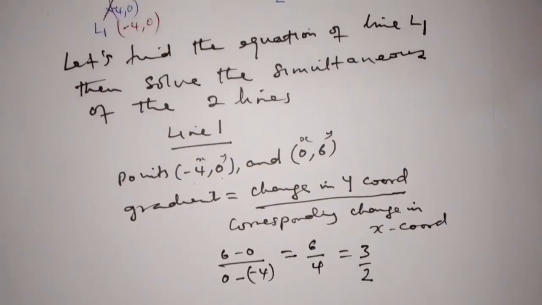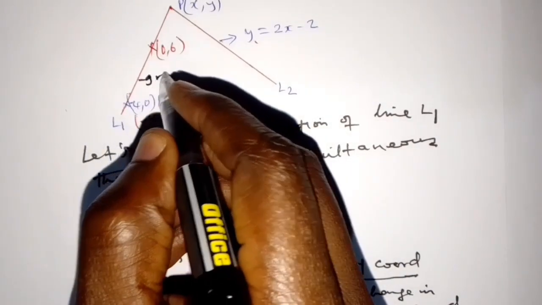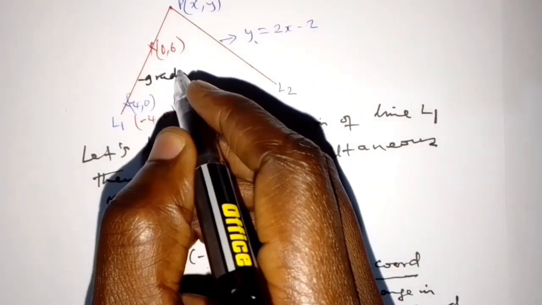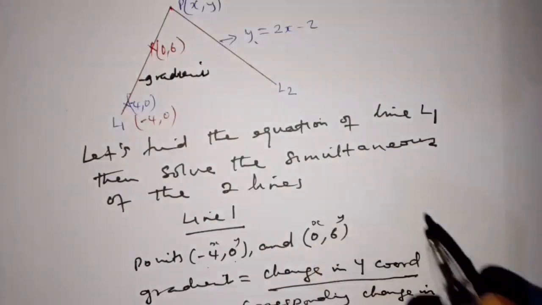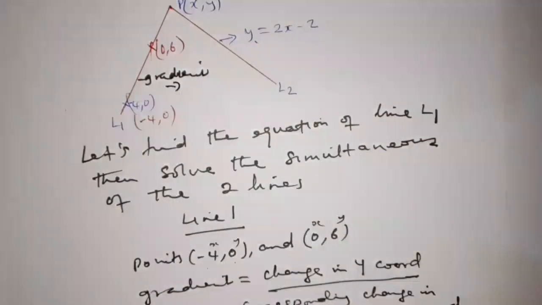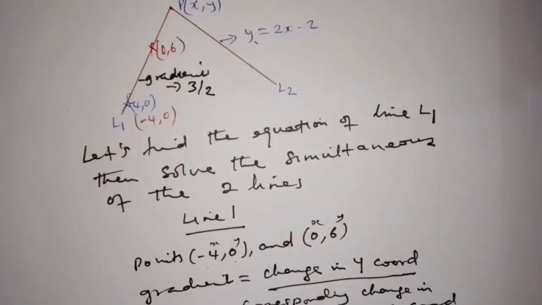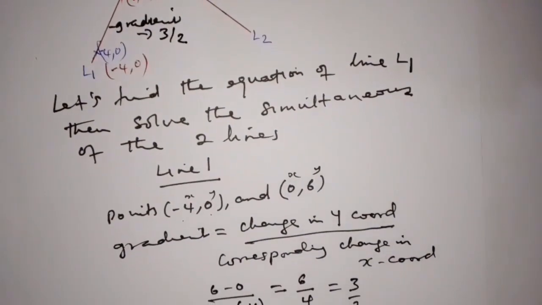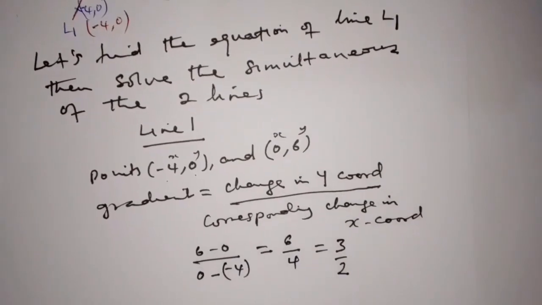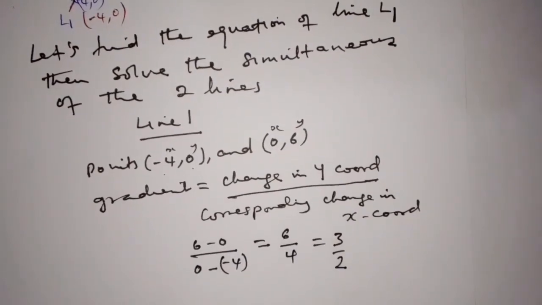So we can say that the gradient of this line is 3 over 2. Now by calculation, we want